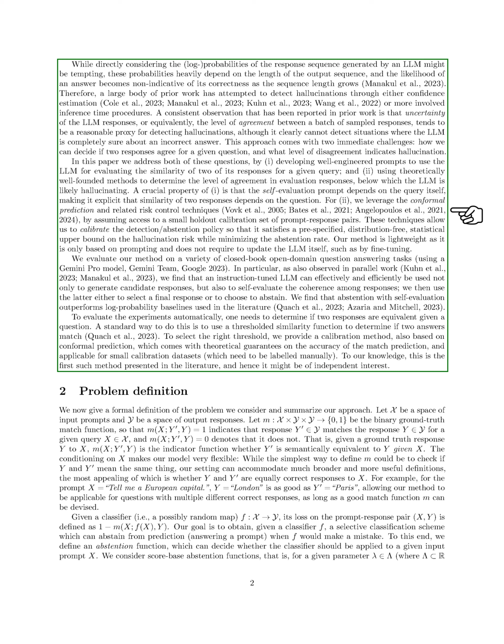Previous approaches have focused on using probabilities to detect hallucinations, but this can be unreliable as the length of the response sequence can impact the likelihood. Instead, we explore using uncertainty and agreement between multiple responses as indicators of potential hallucinations. We address the challenges of determining response similarity and identifying hallucinations by developing well-crafted prompts and leveraging statistical techniques. Our method does not require modifying the model itself and is based on prompting.